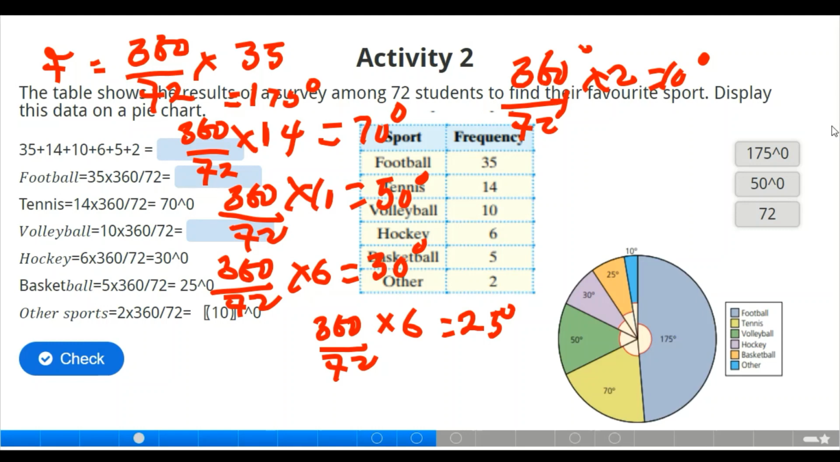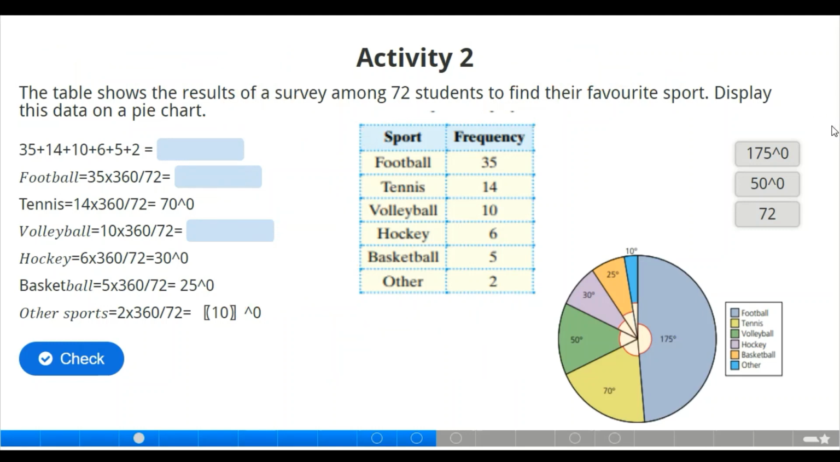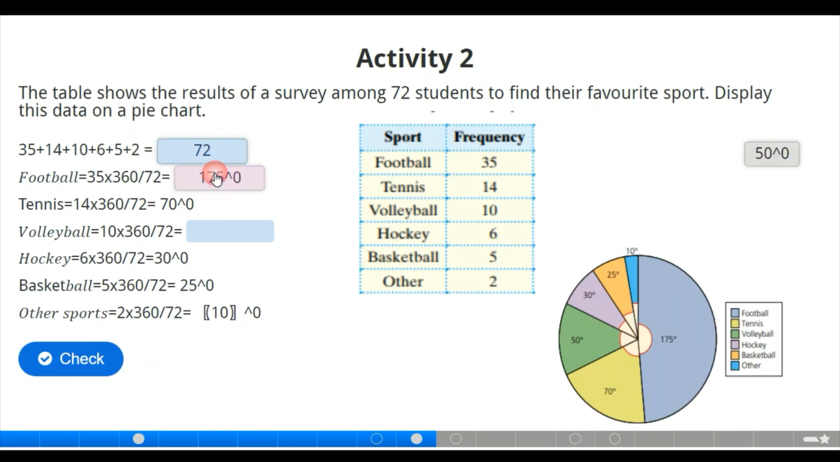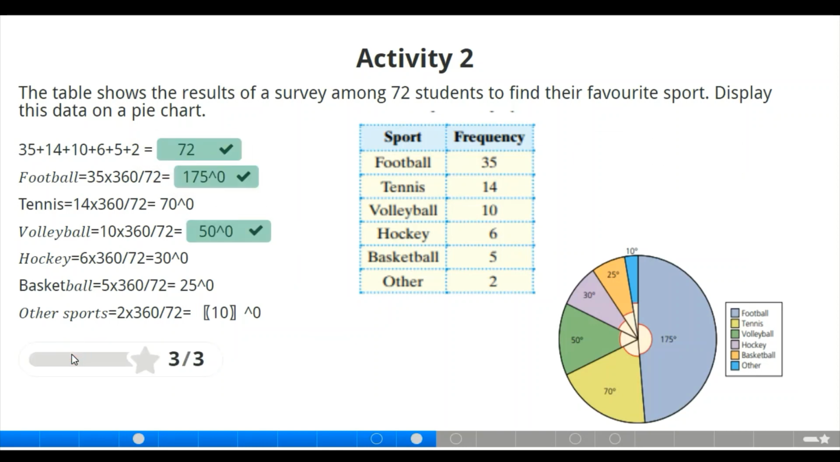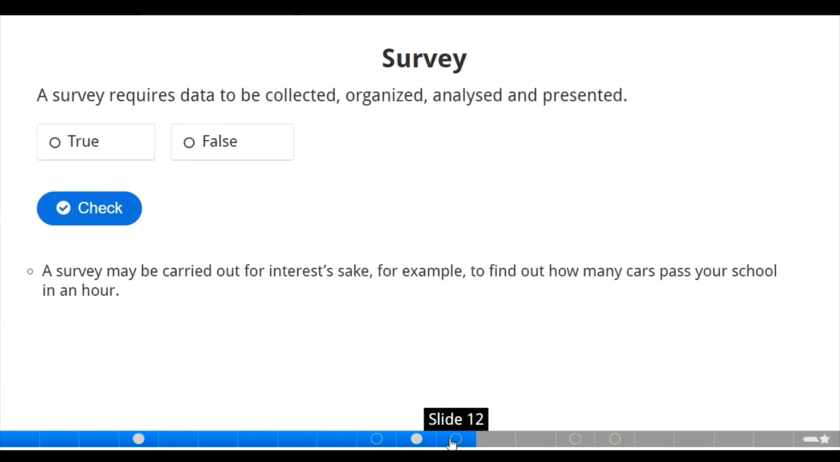So let's quickly put them in the boxes on the right hand side. By the time we add 35 plus 14 plus 10 plus 6 plus 5 plus 2, we have 72. Football will be 175 degrees, while volleyball is calculated to be 50 degrees. So let's check our arrangement. Right, we are cool. So now let's look at the next slide that we have here, which is